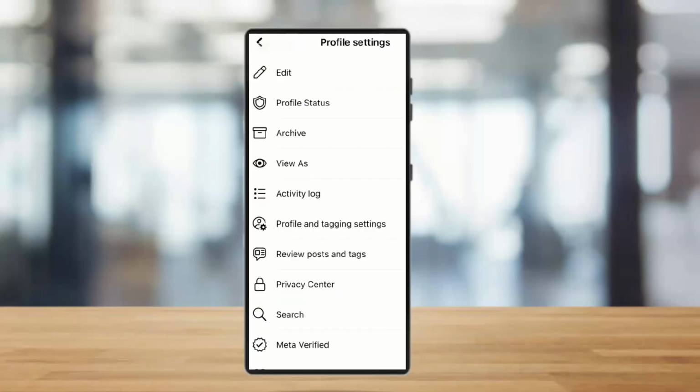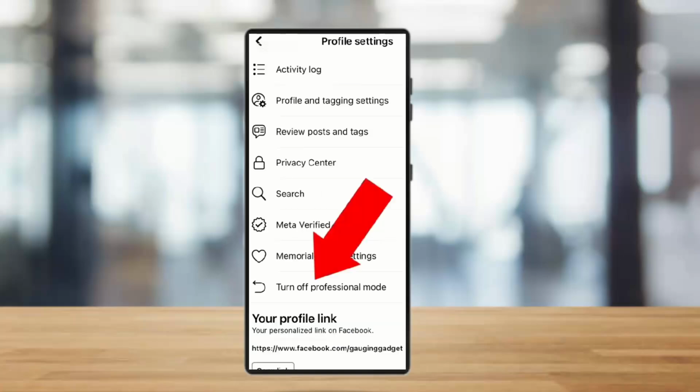Once you do this, you need to simply scroll down through the profile settings, and once you scroll down, you can find an option called turn off your professional mode. So you need to simply tap on that particular option, and once you have clicked on it, you will be